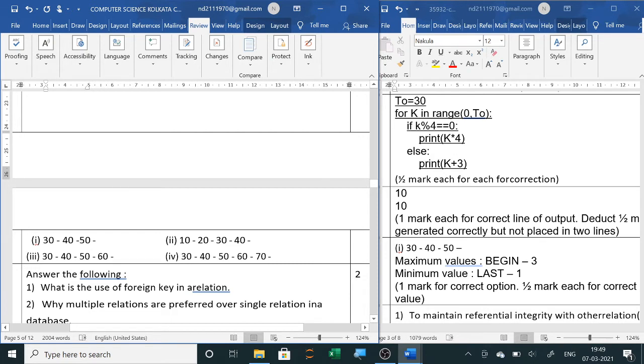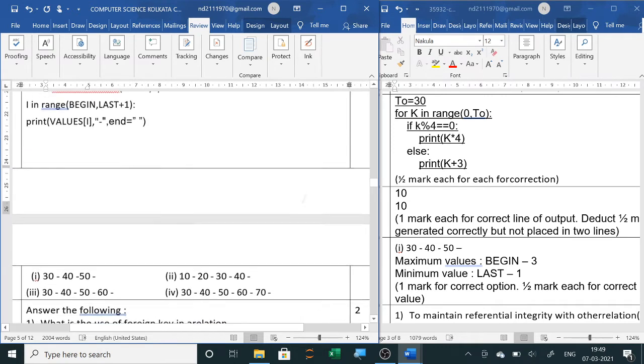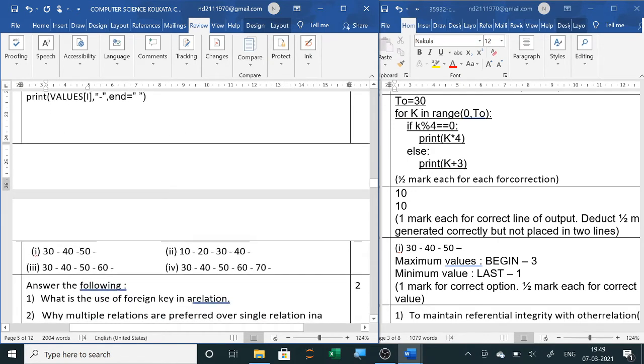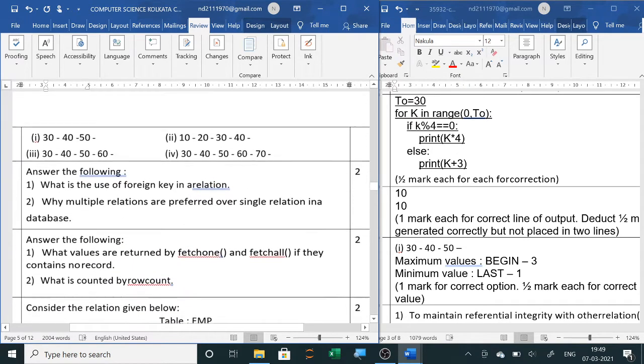First one is correct, third one is correct, fourth one is correct, second one is wrong. Now the last value will be last plus 1, that is 5. 0, 1, 2, 3, 4, 5. So before 50 it will stop. So the answer will be 1. Yes, correct: 30, 40 and 50.